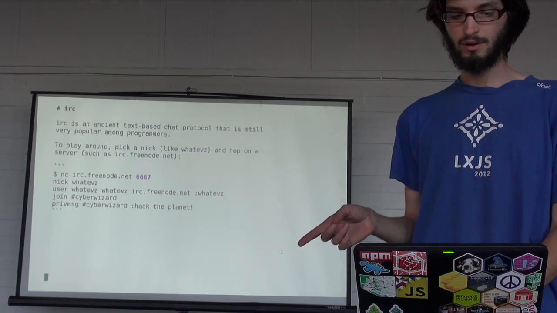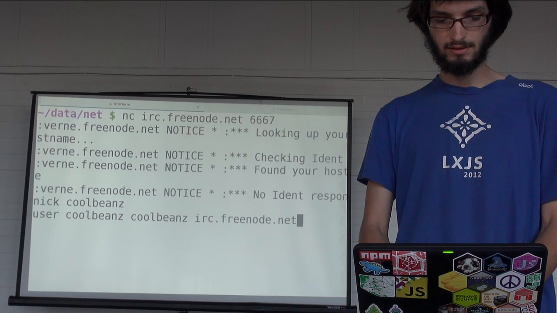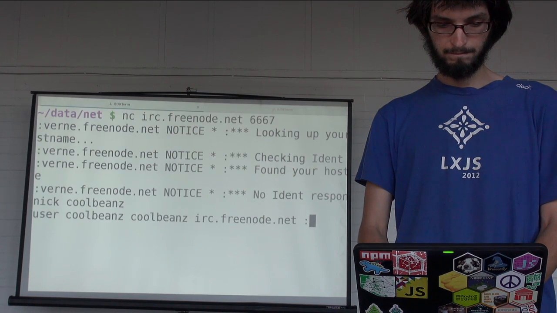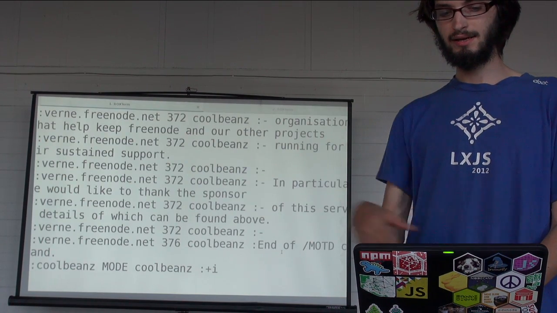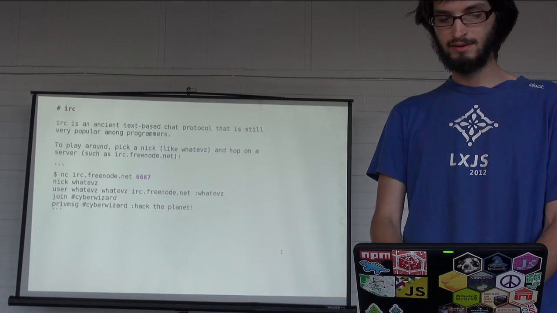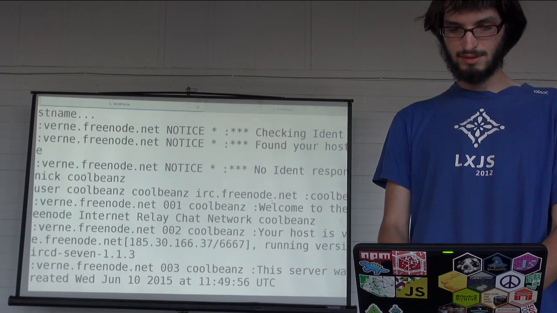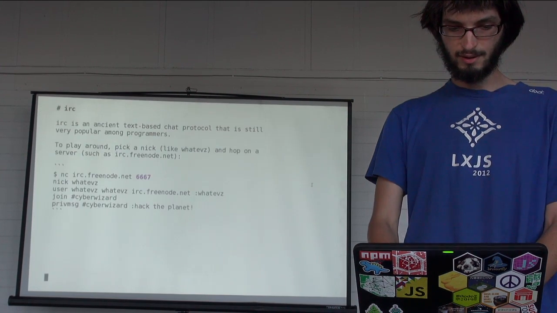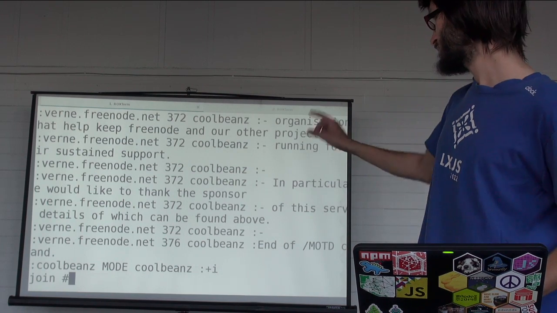It might take a while for the initial connection to go through because it's doing a reverse DNS lookup. Actually, it takes a while until you type all of that stuff. So you have to type the nick and the user part, and then you'll see a bunch of extra messages, like some messages of the day, and a bunch of garbage that I don't care about right now. And then do join, space,